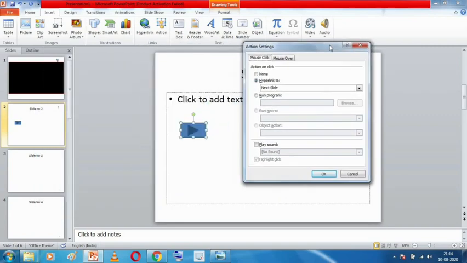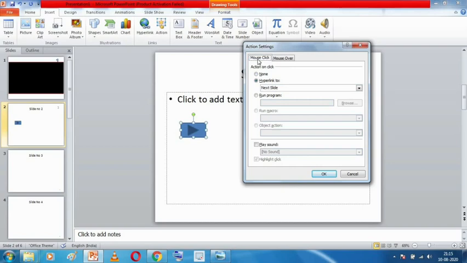But if I select mouse over, then even if I bring my mouse pointer on this button without clicking on it, the selected action will take place. Now how to create some actions?